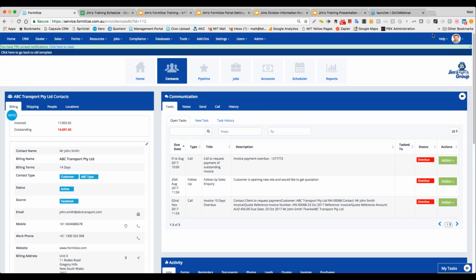Excellent. Another question, can I print my client list? Can I print active clients? And can I print non-active clients? Good question. I haven't been asked that one before. You can certainly filter your clients by type. So if we go into the contacts page,